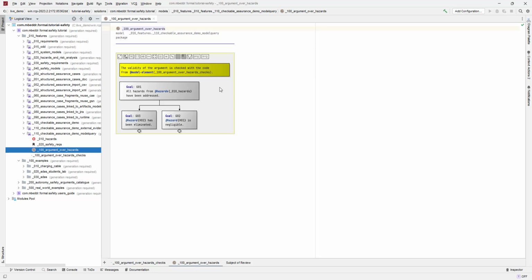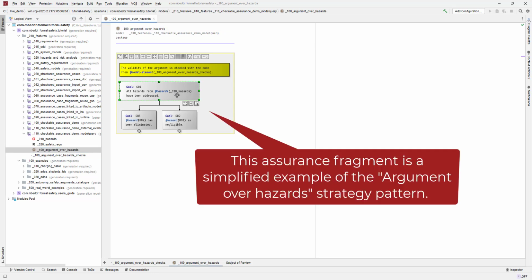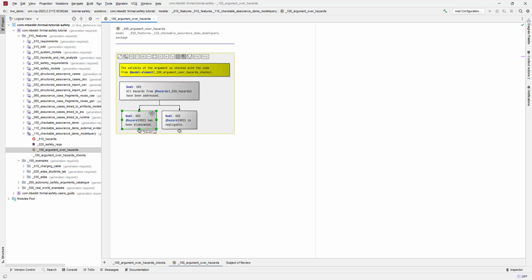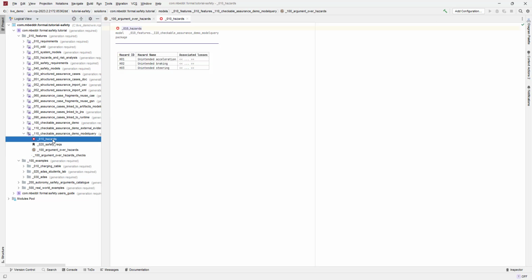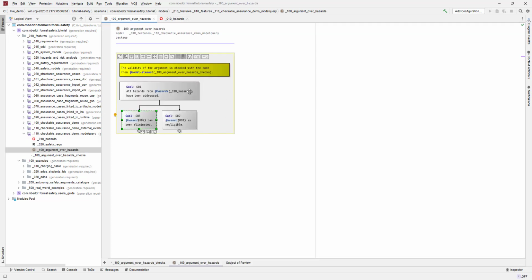Let us take a closer look at the following assurance claim fragment found in the tutorial. The top goal claims that all hazards have been addressed, and this is supported by sub-goals, each related to a given hazard. Due to the fact that the hazards list is available as models in FASTEN, and that the hazards are linked to the assurance goals, this assurance fragment can be easily checked. We just need to check that for all hazards from the referenced list of hazards, we have a sub-goal addressing